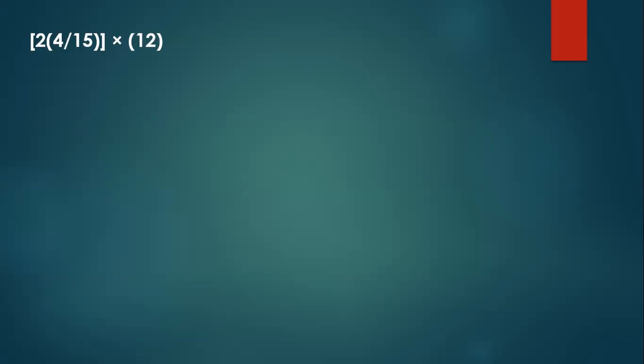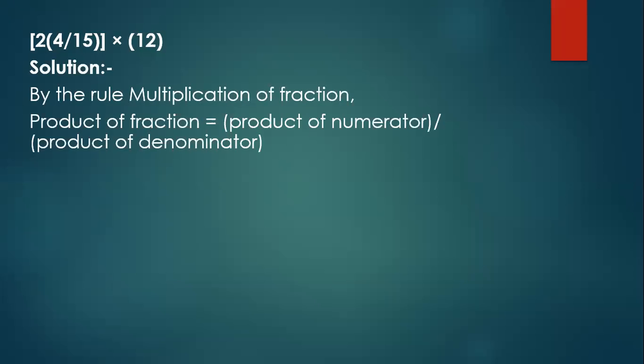Okay. Children, suppose you get a mixed fraction multiplied by 12. Now 12 is a whole number, but we can write 12 as a fraction. How? We can write 12 as 12 by 1. So the most important thing is we will have to convert the mixed fraction into an improper fraction first. How do we do it? Remember children, if we have a, b by c, we multiply c by a, add b to it, and the denominator remains same.